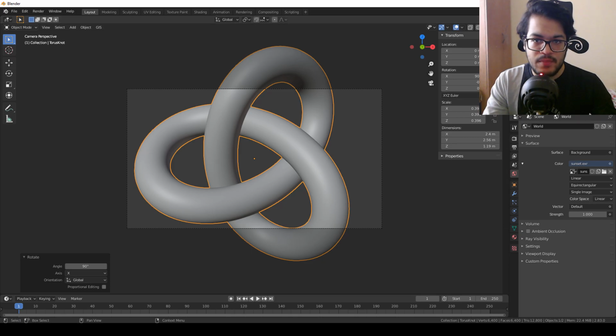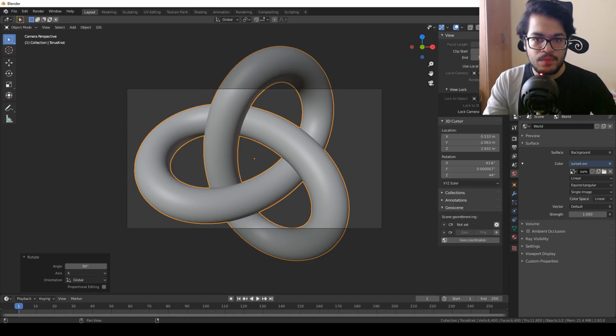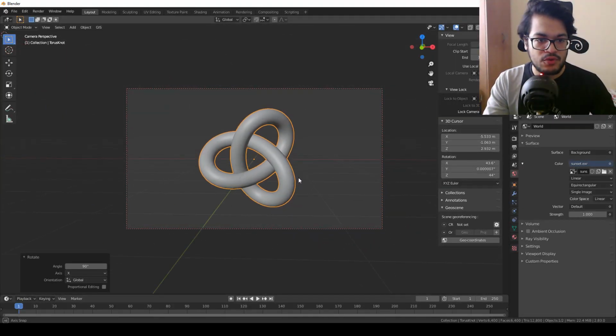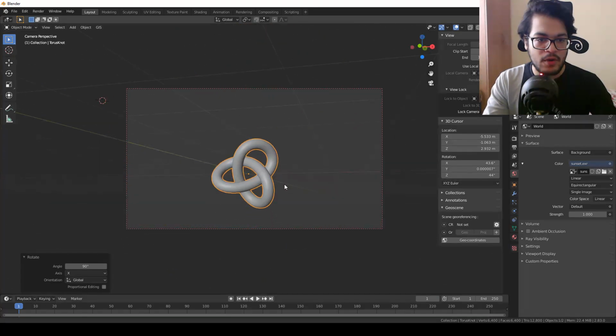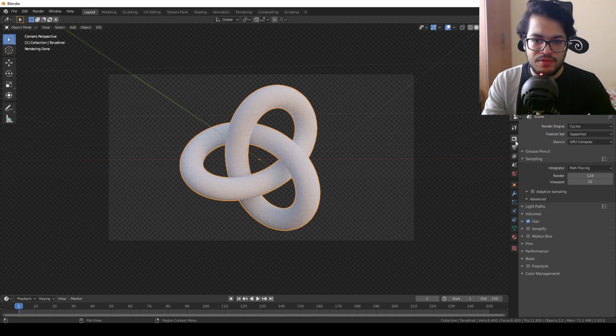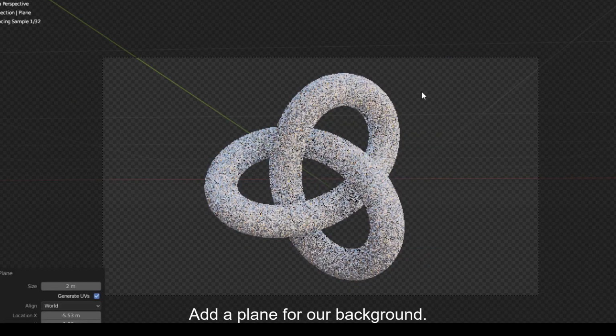Just uncollapse this menu. Under the view, just turn this on. And by turning this on, you can position your camera as you can see. So you can rotate, pan and zoom your camera. And once you have your camera positioned something like this, you can just turn this off. You get some cool lighting because of our HDR, so that is quite cool. You don't need to add any lights and stuff.